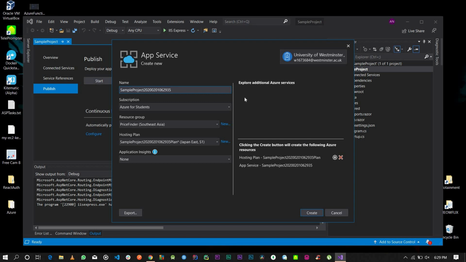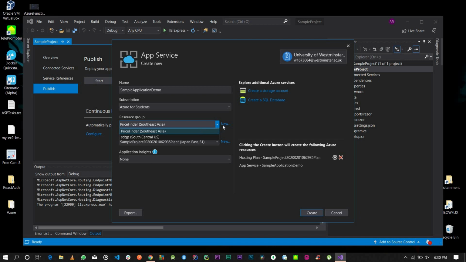Right, so this is my sample app, and you need to give it a name. So go ahead and give it a name, and in my case I'm just going to give it sample application, or just give it sample application demo. Right, so sample application demo. Subscription is going to be Azure for Students. Okay, I'm going to keep it that way. A resource group, I'm going to actually